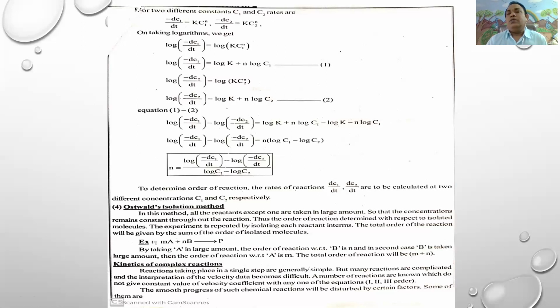These are the four methods used to experimentally determine the order of reactions. One is the integration method or trial method. Second is the fractional life method or half-life method. Third is the differential method. Fourth is the Ostwald isolation method. Next one is